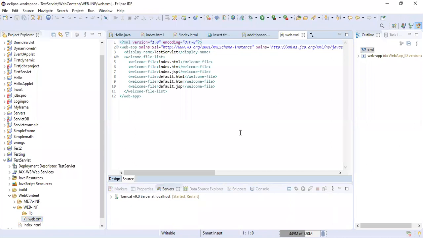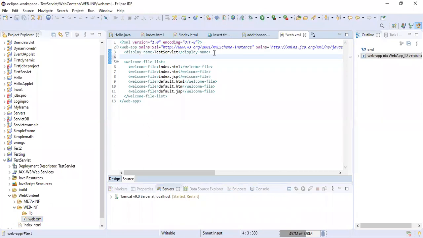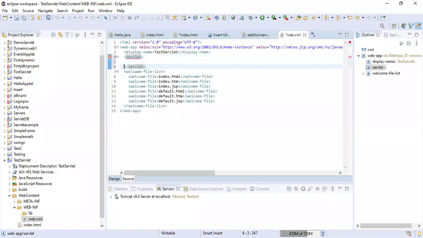In this web.xml, you have to configure this file. There are two important tags that we will be requiring over here. The first is the servlet tag. So add the servlet tag, and automatically it will add the end tag as well. Go inside the servlet tag.